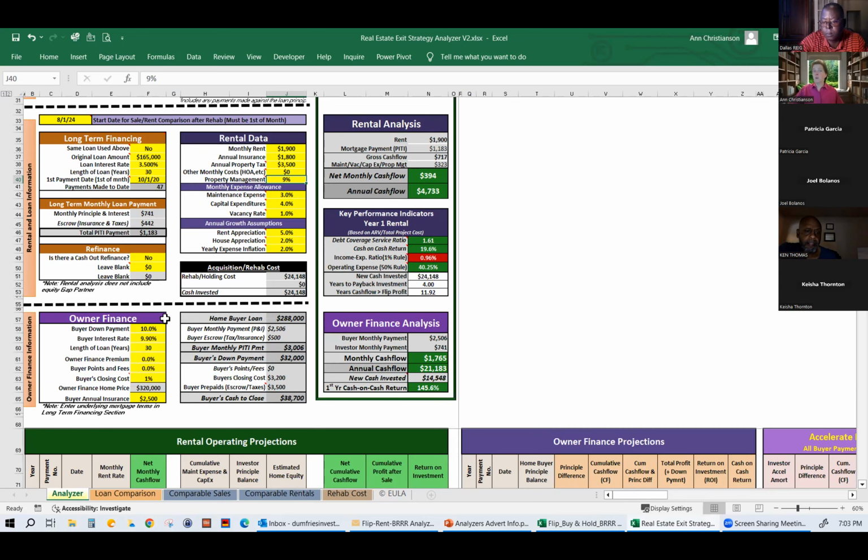as their new home, and you're going to wrap the note. And I know that if you're not familiar with this, we're going to have some other discussions and meetings that will talk more about owner finance. But just to kind of show you the capability of the tool today, what this allows you to put in